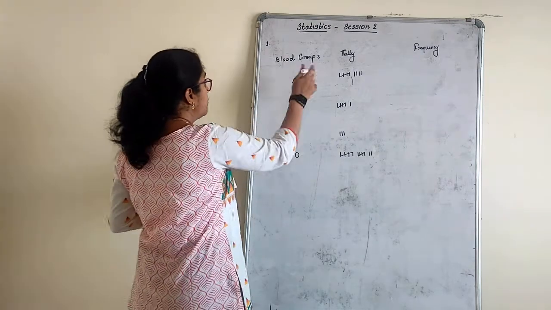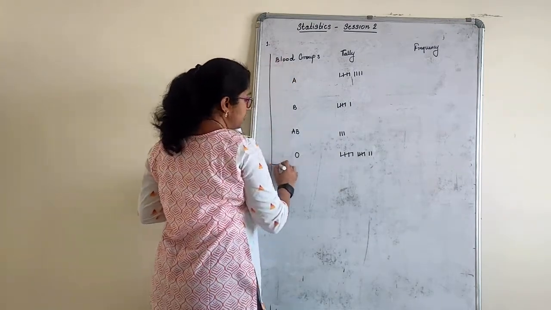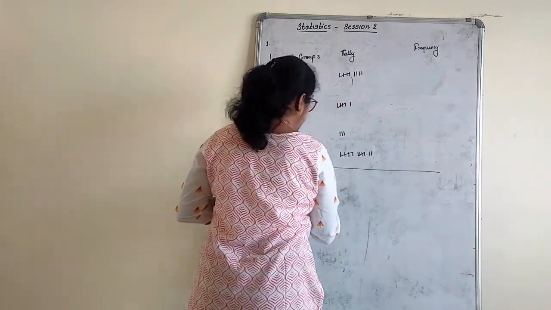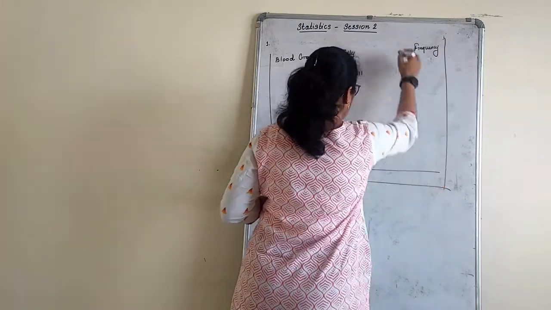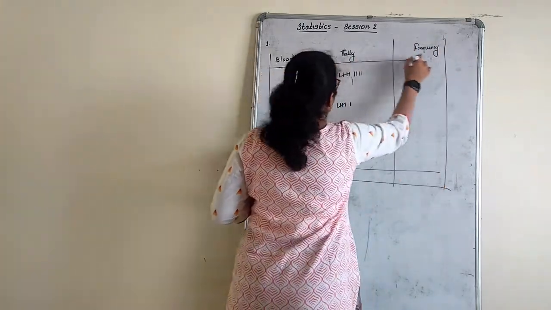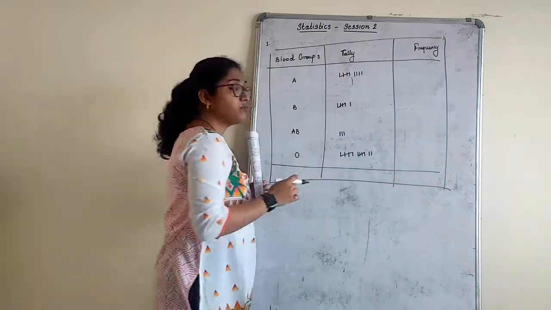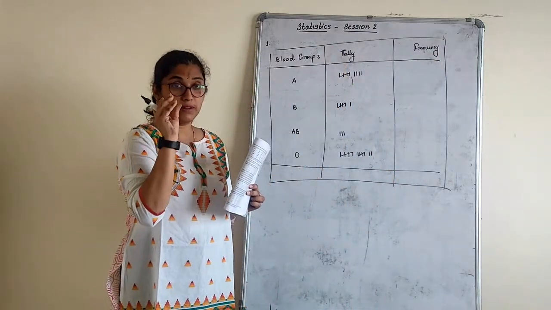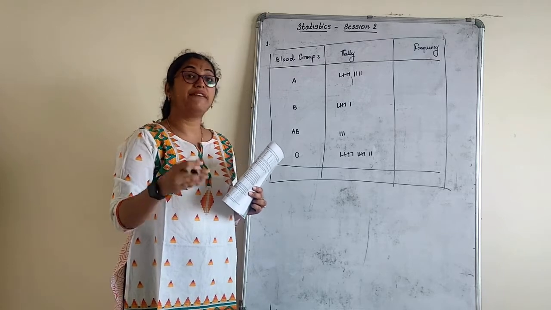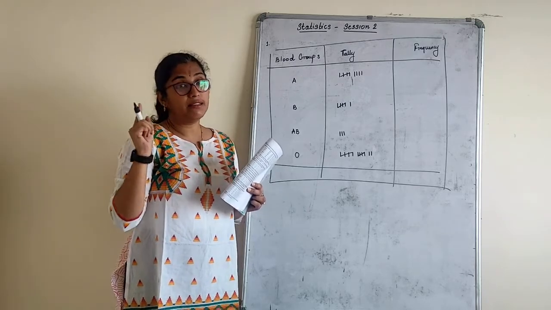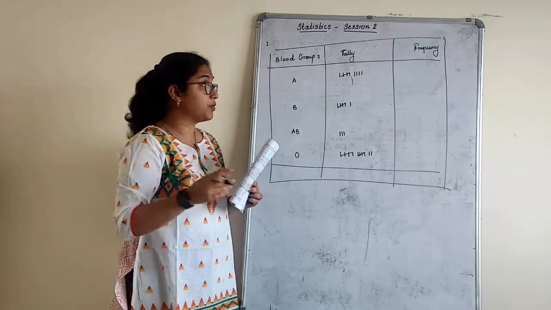So, this is how it comes. Always represent this in a tabular column. That is very, very important. Now, the first part of the first exercise is only the theory part, so this is to be done in the notebook only, right? The second session, where we have the graphical representation, has to be done in the graph book.